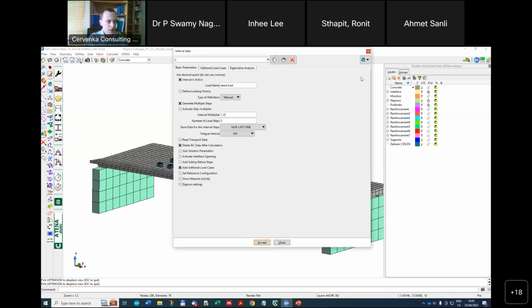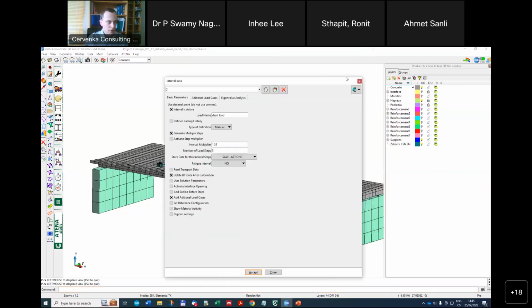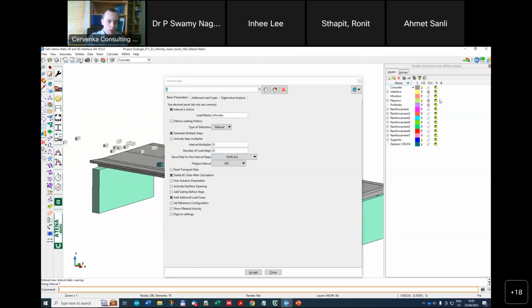As you can see, this is the summary of the intervals in ATENA. I have several intervals defined in here, and interval number 7 corresponds to the chloride attack. It is applied in 20 load steps. So I enter the interval, and I would be interested in looking at the